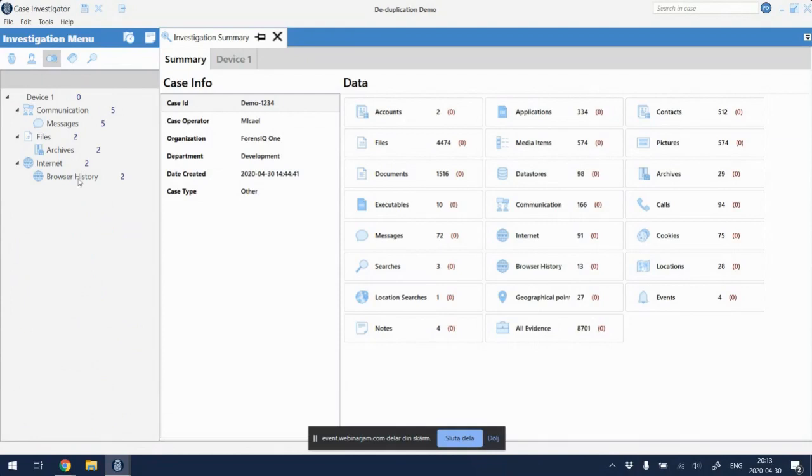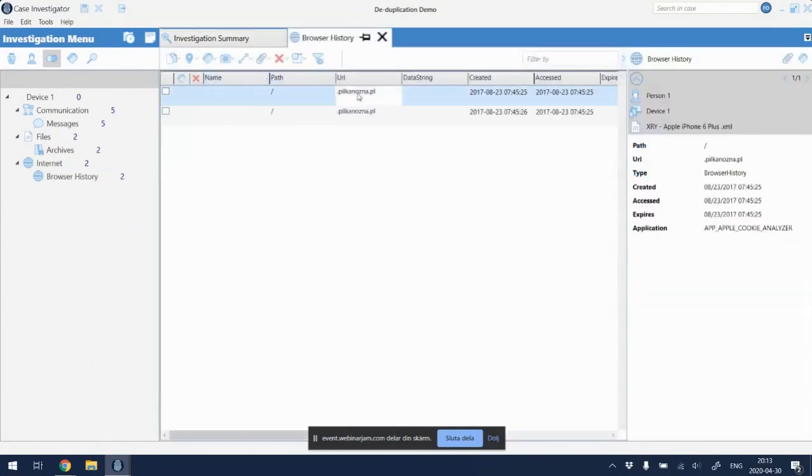And just to show you real quick, if I go on to browser history, for example, I can see that there are two items, and they only exist in one of the devices. I can see in the detail window that this one belonged to the file called modified, and the other one belonged to the one not called modified. It's obviously modified on purpose by me for this demo. But you will always be able to see the traces.